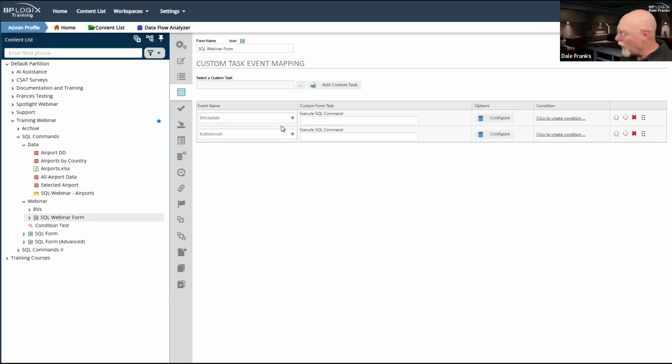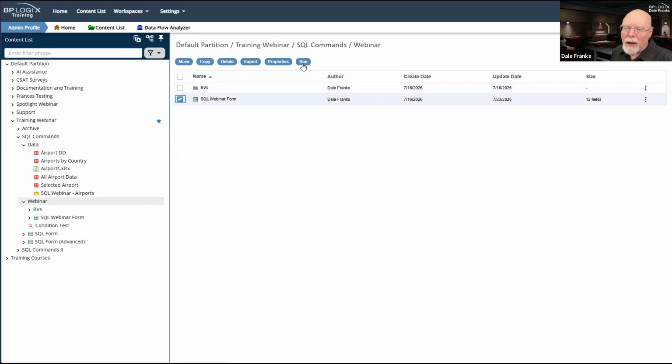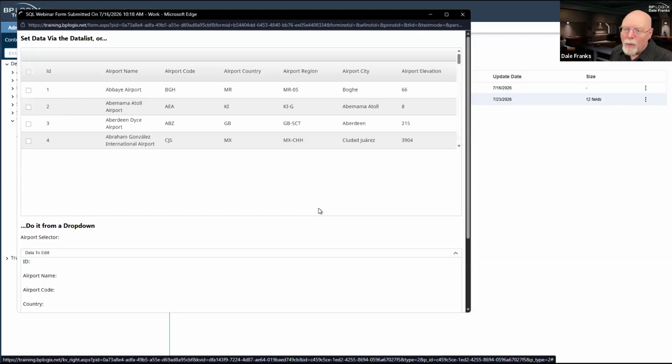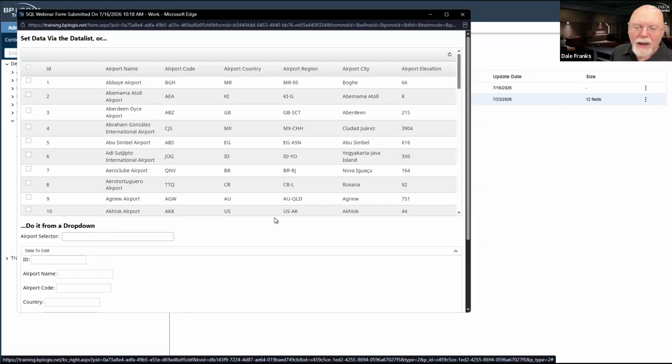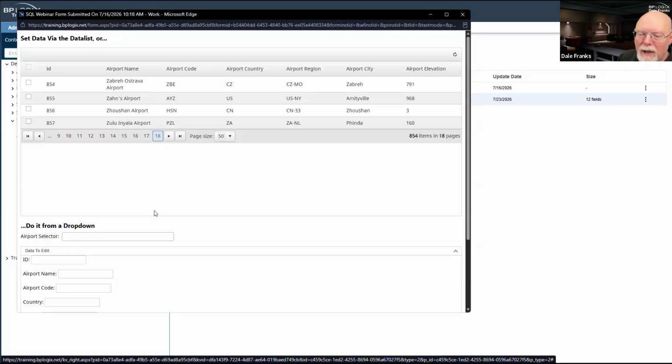So to go back to Process Director, it looks cool. We've added our data. I think the only thing left to do now is to ensure our form is fully saved and to run this bad boy and see what happens. We are going to do something first. We are going to go to our very last page, and the very last record for Zulu Inyala Airport is record number